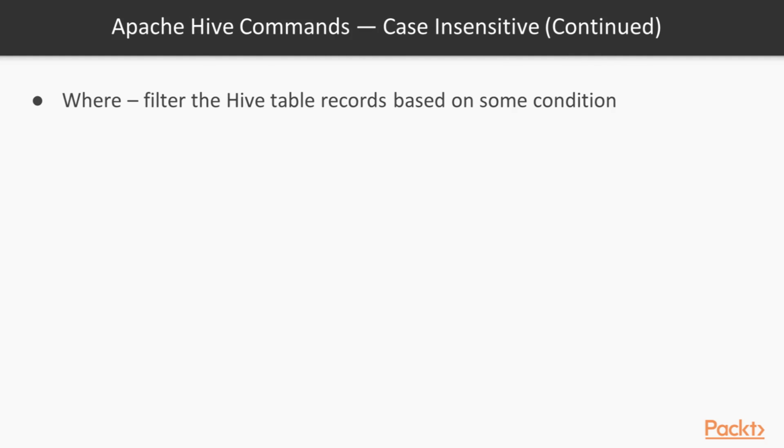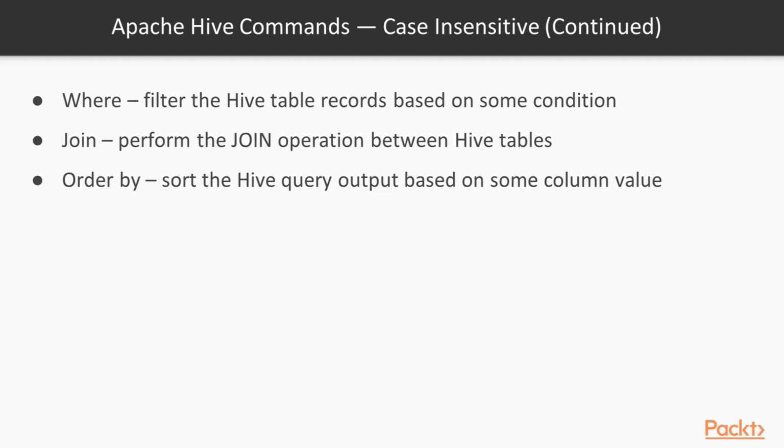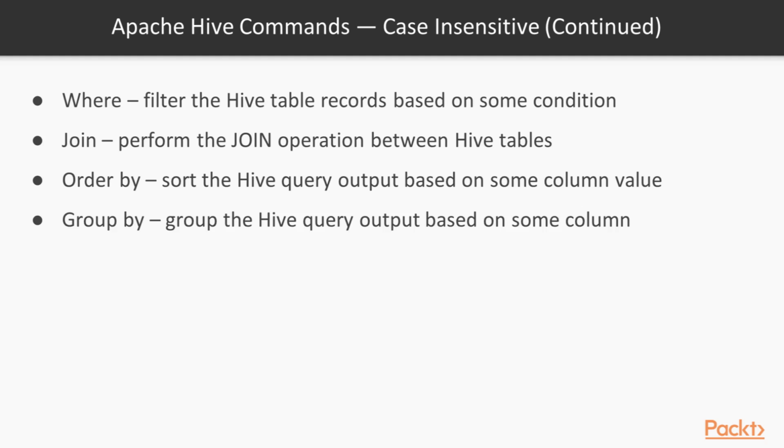Then there is where, a keyword which is used for filtering the query output based on some condition. So let's say if you want to filter data based on a condition, let's say name equal to XYZ, then you use the where clause for that. Join keyword is used for performing the join operation in Apache Hive. Order by is used for sorting the output of a query based on some column, whether it's integer then smallest to largest, if it is character then A to Z. And the last one is group by. You can group the output of a query based on some column. So now that we are familiar with Apache Hive commands,